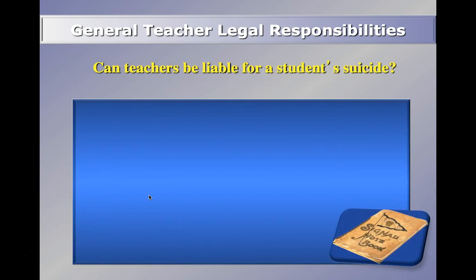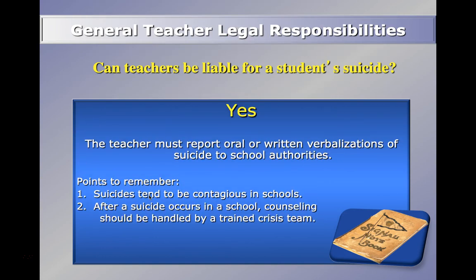Can you be held liable for a student suicide? Now, that's a tough question. Answer is, by the court's precedents, yes. You must, again, report any oral or written verbalizations of suicide to school authorities. A lot of you English teachers will have kids write in a journal about their daily feelings and the like, and typically there are no major things exposed. But if a kid does talk about suicide